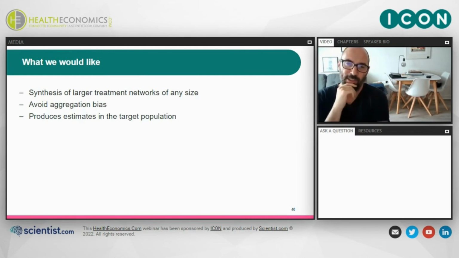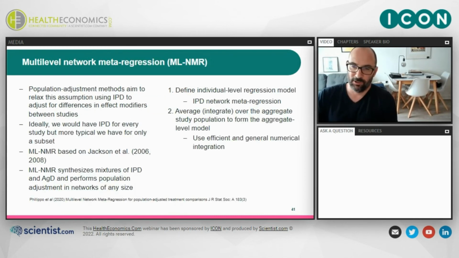Finally, these are the three issues basically. The first point that needs to be addressed is that we can synthesize larger treatment networks. The target population really should be arbitrary, and we should have flexibility in that, not constrained by the aggregate study. And we still want to be able to avoid aggregation bias, things such as the ecological fallacy, which you may well be aware of. So my proposal, or rather Filippo's proposal, which I'm going to discuss, is the ML-NMR method